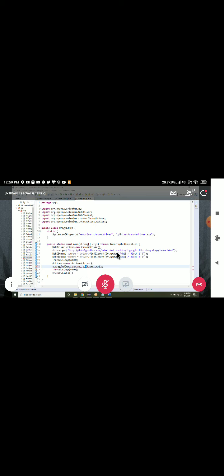Yes, tell me, what is it? I want to do the drag and drop in different apps. But suppose when we are trying to upload our files into the account, we can directly drag our file into it. Drag and drop will be used only inside the browser. You cannot do drag and drop for uploading files. That is entirely different. You cannot inspect the file upload form, so that cannot be done.